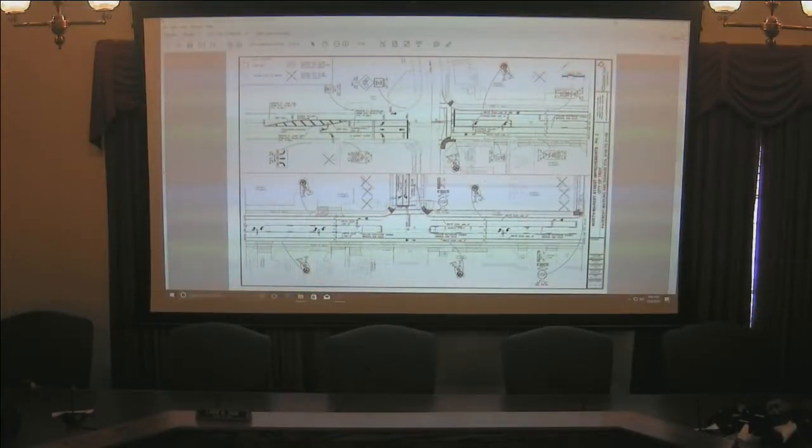So the North Market Street project is a reconstruction from, I'm trying to see if this has a laser on it. Oh, okay, it does. So a reconstruction starting at Fossway and proceeding north up to Stony Ridge Drive. We'll be installing new storm sewers. There'll be some water work, a little bit of sanitary work. The majority of what the traveling public are going to recognize are the new sidewalks, new curb, and then the